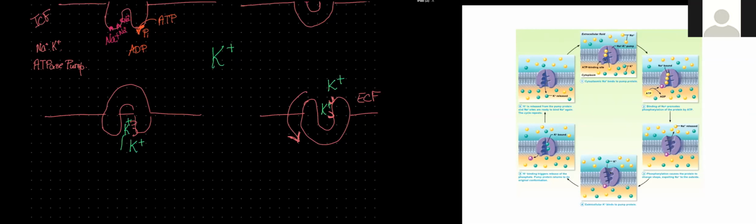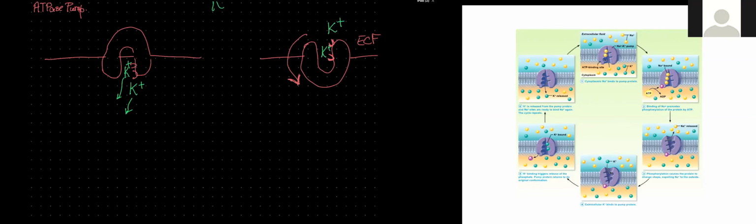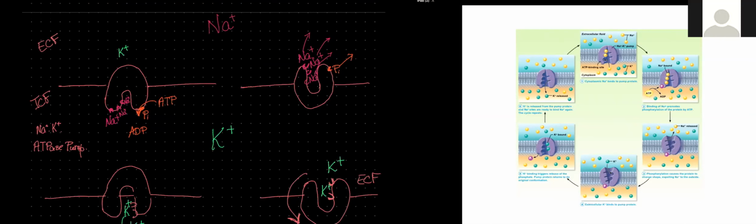Those two potassium will be released to the inside of the cell, and the carrier is going to be ready for another cycle. It's going to be binding to 3 sodium, will be binding to an ATP that will be releasing the energy needed for it to rotate and move the 3 sodium to the outside, as you see on here. And then